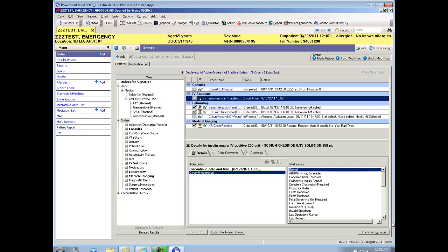So now down here at the bottom, where my previous button was a sign button, it now changed to an orders for signature button. So it takes away all of the orders except for the 1 order that you're manipulating and discontinuing. So it's an easy last minute quick reference to make sure that this is the order that you want to discontinue. Now my button has changed back to sign, and when I click on the sign button and look back into my orders,